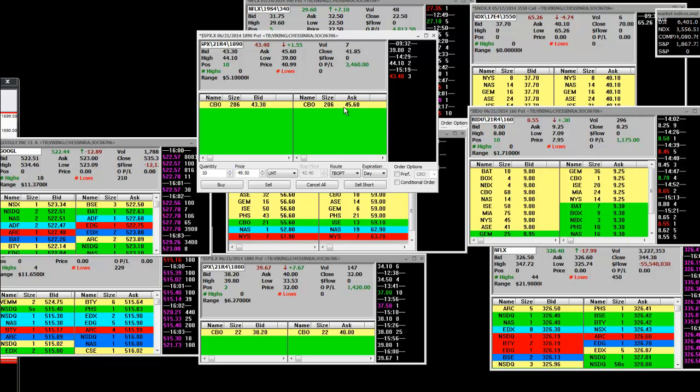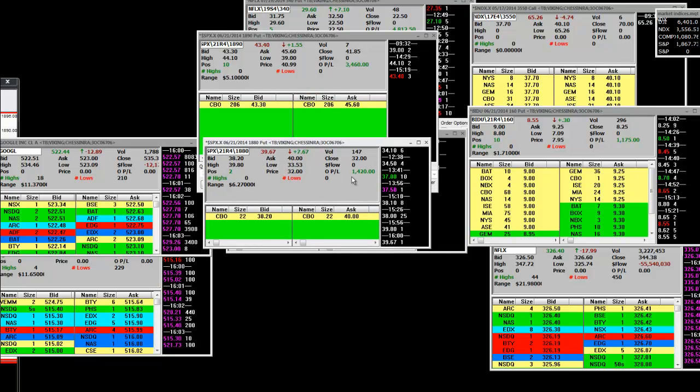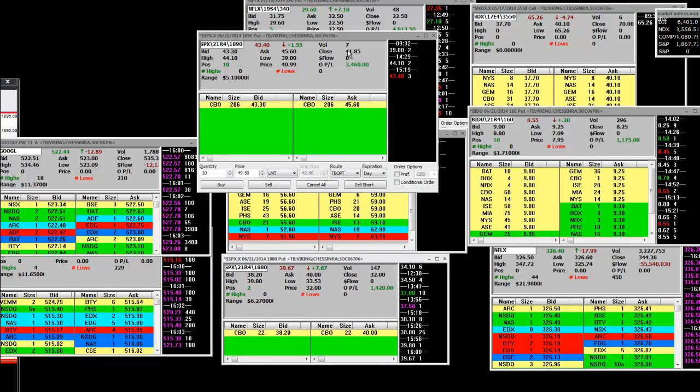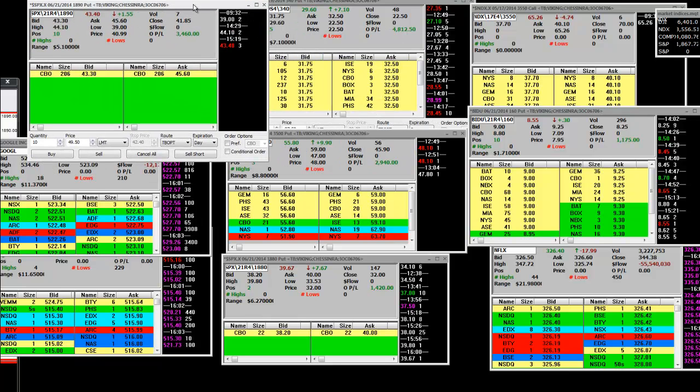And we have other ones too. I mean, let us not forget that we have the 1880 puts. And yes, we had sold some for profits, but nonetheless, a good gain is a good gain. So this is a monthly expiration, 6/21 at 1890. And we have a lot more of them, don't get me wrong. But once again, volatility is volatility. So, like I've said before, the right thing to do is get short when you get a chance, when the markets are going to go in that direction. And one of the things that we did today